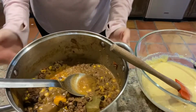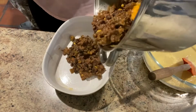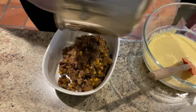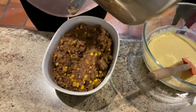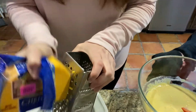So what I just do is pull out the leftovers of the taco soup. It's thickened up nicely, and I'm just gonna pour it straight from the fridge into a casserole dish. I mean, it couldn't get any easier. I do like to spray it with nonstick spray or rub it in butter. But that's it. And I pour it into this casserole dish,